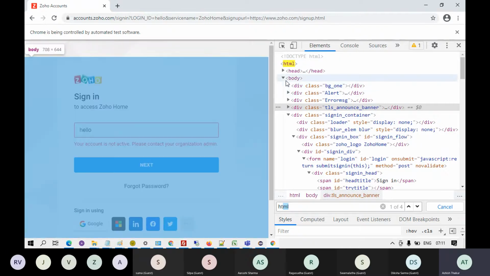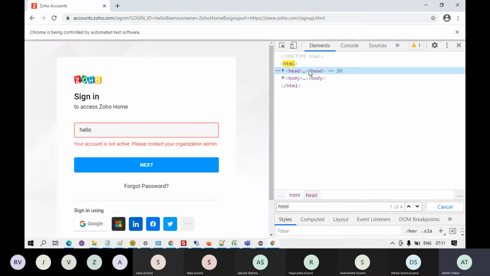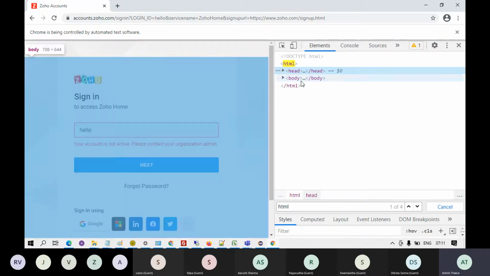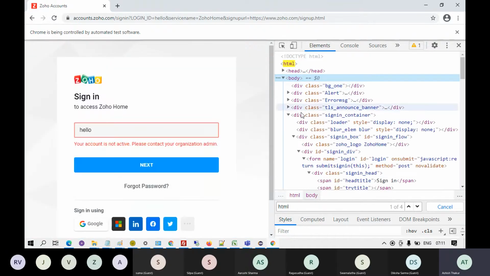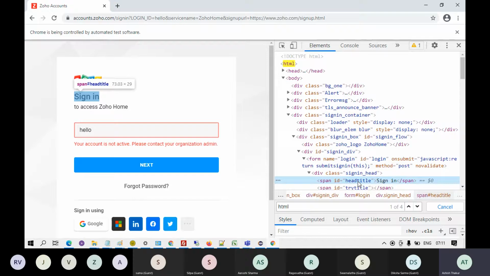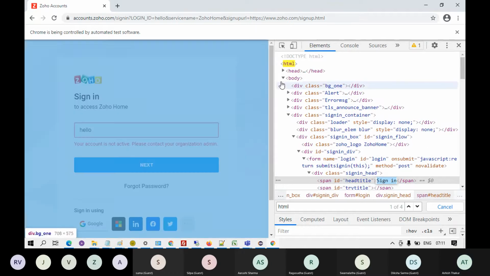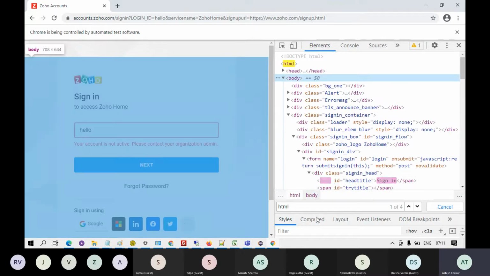Okay. And HTML tag has got head tag and body tag. Fine. The span tag, which is having the text as sign in, is somewhere inside the body tag. Okay, it is somewhere inside the body tag.